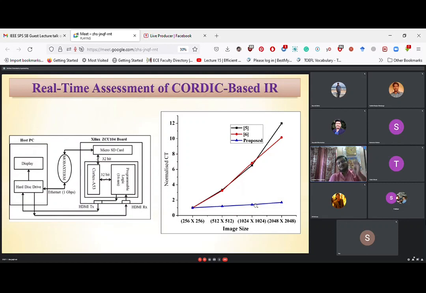In our case, coordinate based image registration, the computational load will vary with increasing image size with a very small dependency. So that is the great achievement. Because satellite images or medical images are often 2048 by 2048 and more, and 2048 by 2048 is the minimum required image size for a satellite image. So here the computation time is 12 times that of 256 by 256. But in our case, the computational time is only 1.7 times that of 256 by 256.